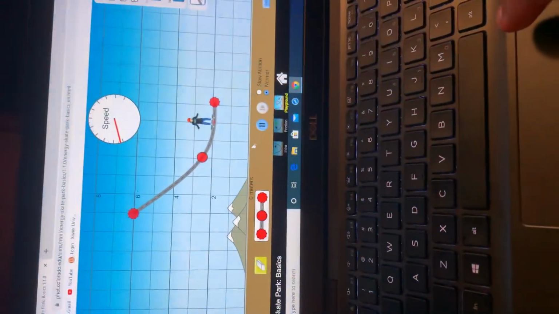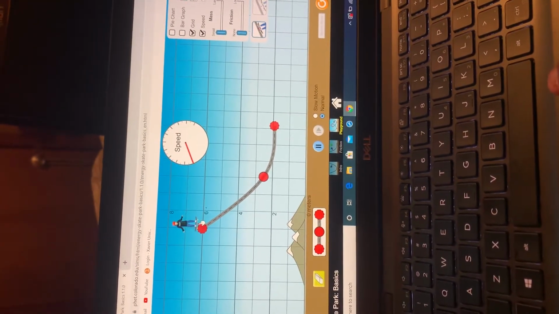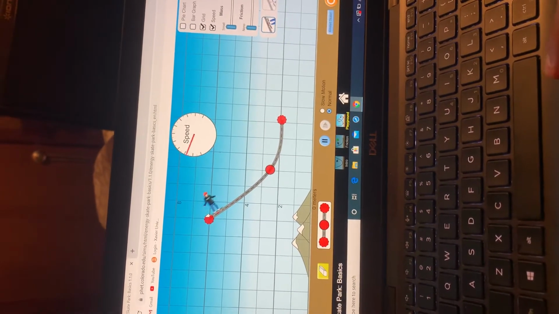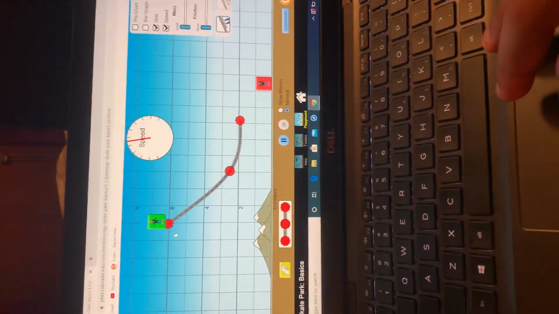So for this one, you go to playground, and then you would have this chart right here. Then you would get him right here, and then you would drop him, and you would calculate the speed, which would be 9 meters per second. And to get your potential energy, you would do 50 times 9.8 times 6, and you would get 2,940 joules